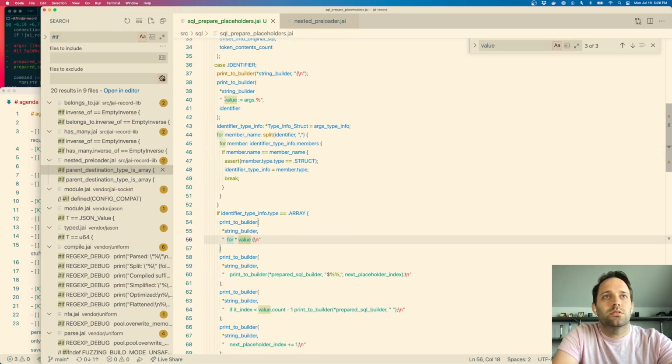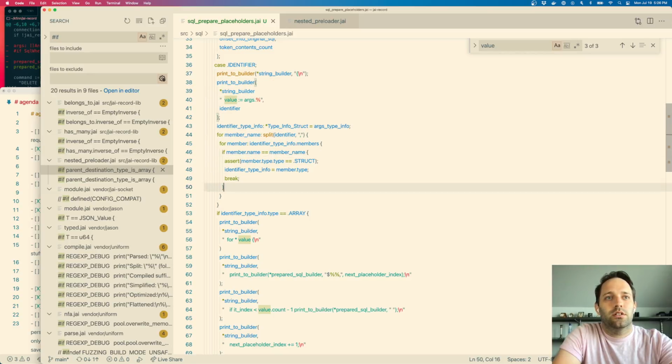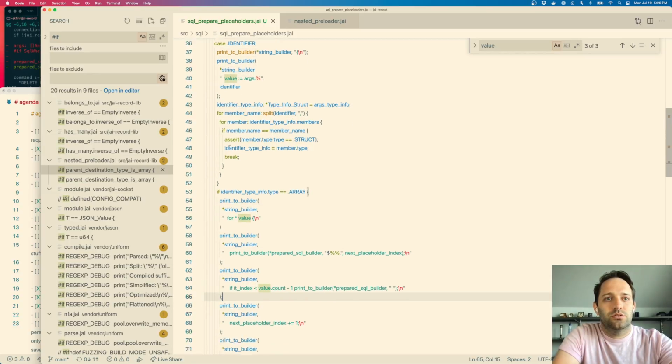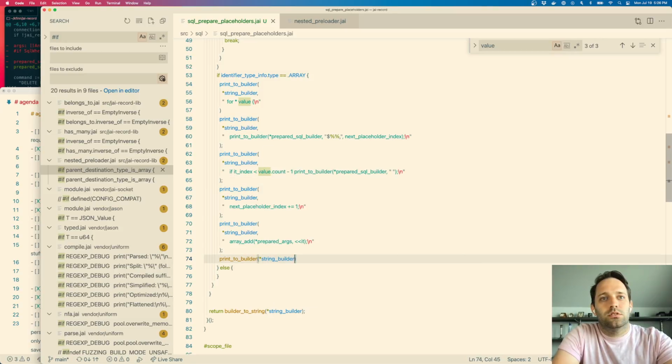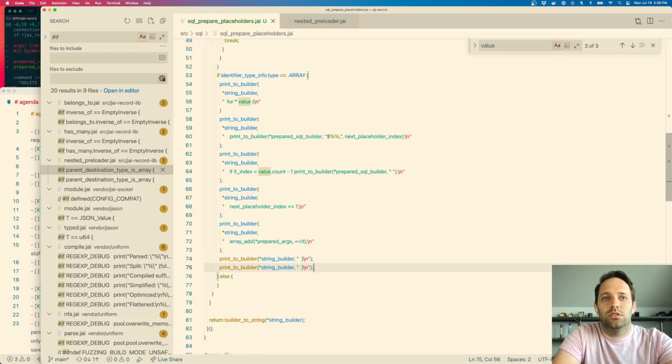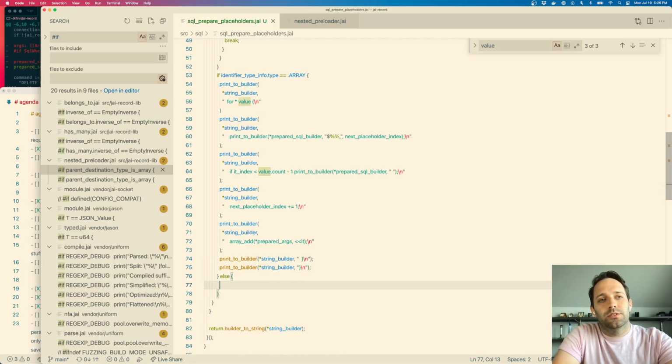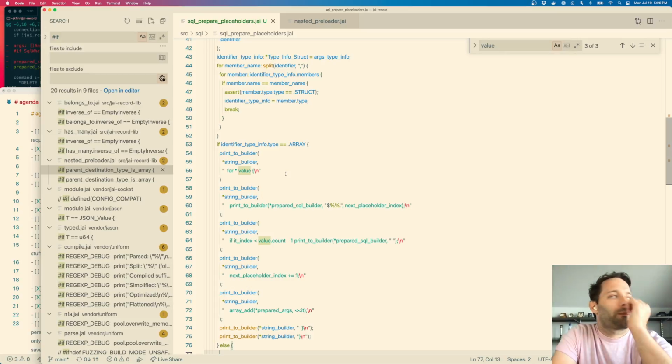Have we been indented this whole time? Yeah, because that. Okay, cool. 4, 4, 4, 4, 2, and 0. Seems fine. Okay, otherwise,